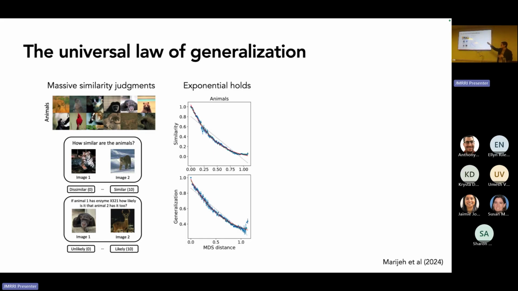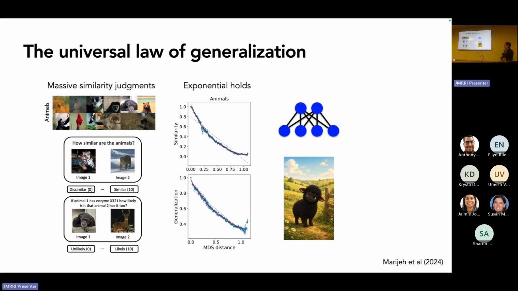And what you get out of these is an exponential function that holds once it's in a psychological space, where multidimensional scaling is the technique you use. Compared to all the other models that are out there, Roger Shepard's exponential falloff based upon similarity is what predicts whether you're going to generalize or not. And so this would predict whether or not my daughter was going to generalize between Twinkle Twinkle Little Star and Baa Baa Black Sheep.